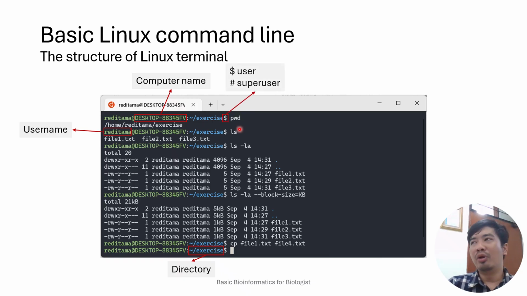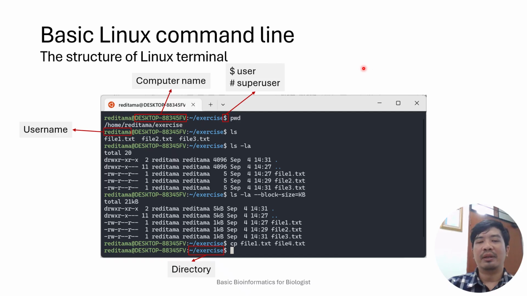Now this is a dollar sign symbol to tell you what kind of user you are. A dollar sign means you are an ordinary user, and if it turns into a hash sign, a cross sign, it means that you are a superuser.